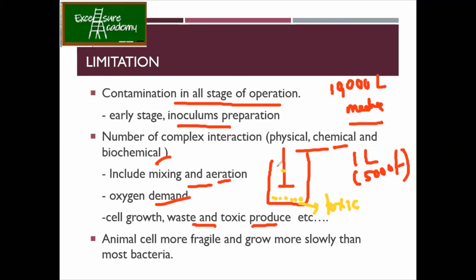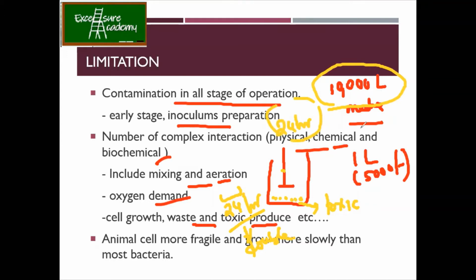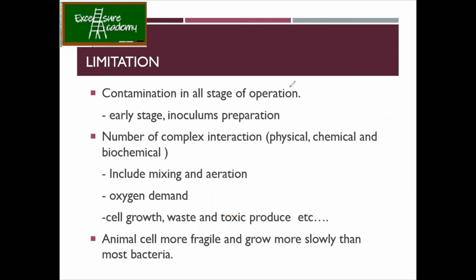So yes, now when I talk about the petri dishes, when you're growing animal cells, I have said that it takes at least 24 hours to double, right? Now, if you're using around this much media, do you think 24 hours will be enough to culture, or how much time will it take? Any idea? So it depends on your inoculum. If you add more inoculum, it will be better, so that it will start getting attached to the surface.